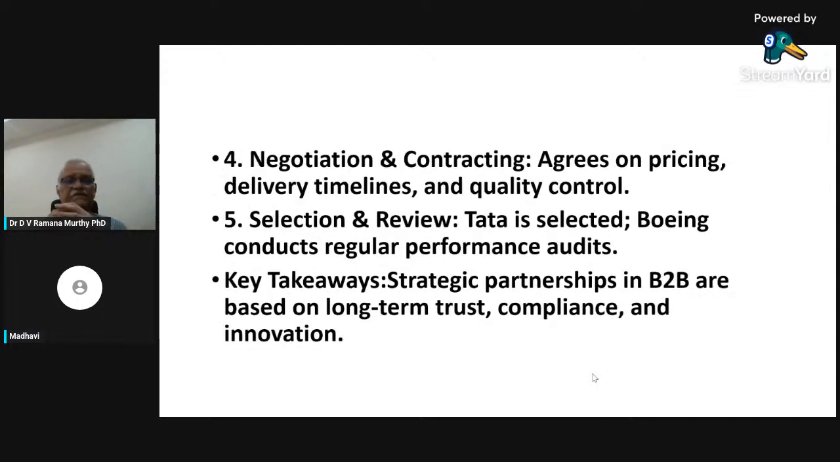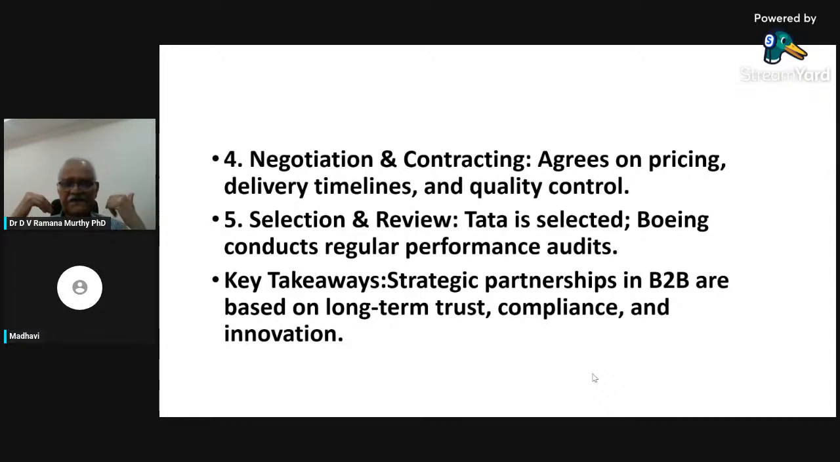Supplier search, third step. Fourth step is, if they come up with a clear idea that we can buy from XYZ, shortlisting, then start negotiation, contracting, agreeing on pricing, delivery timelines, quality control, other terms and conditions. And after negotiation is done, you finalize one. That's called selection and review. Now Tata Advanced Systems is selected from Boeing, and Boeing conducts regular performance audits, and then they